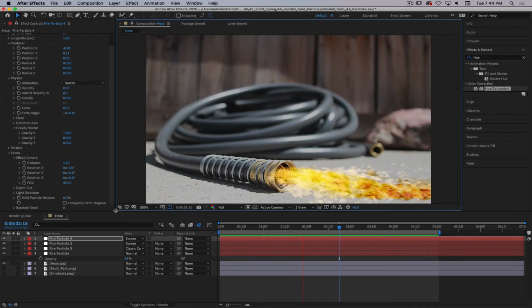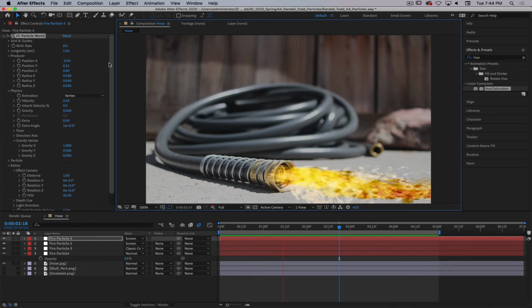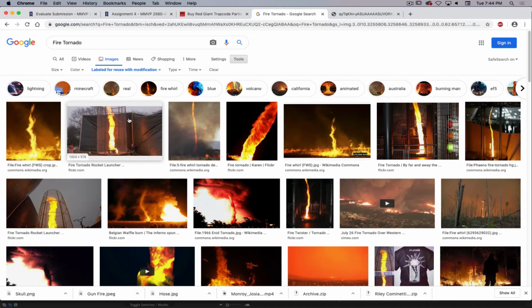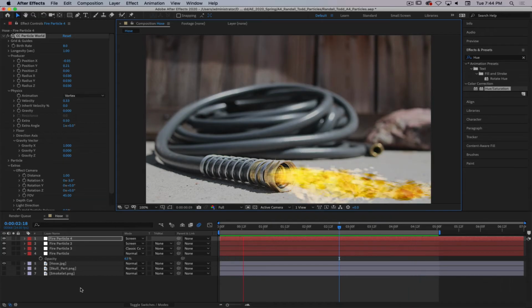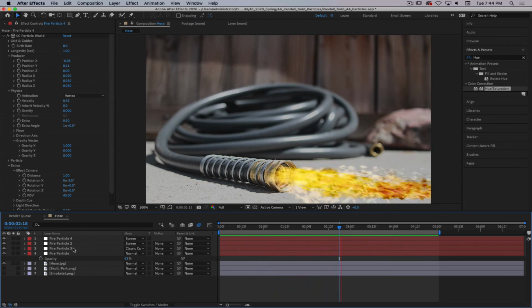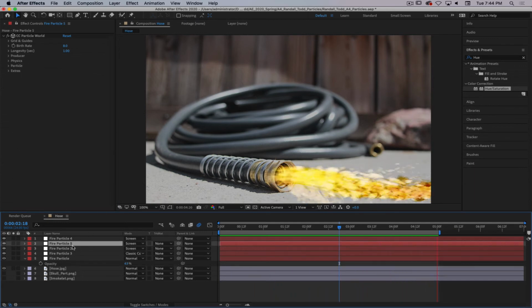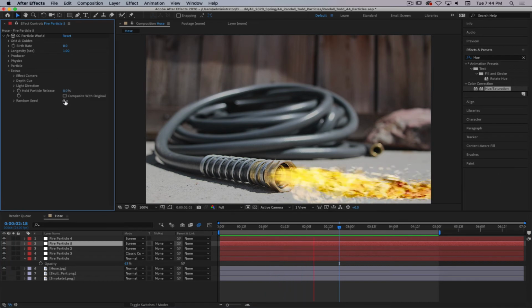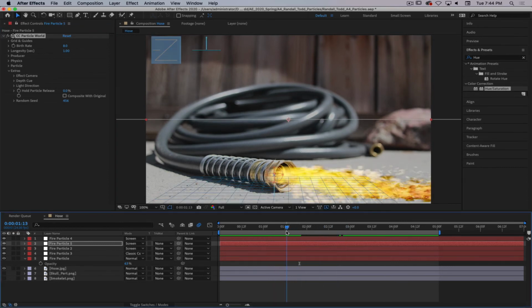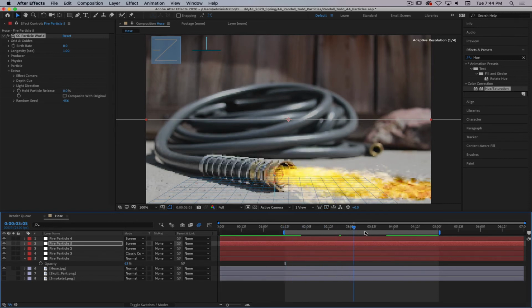Alright. Then I think we just need to add some more substance to this stuff. Let's see. So let's try to maybe add just a couple more layers in here. Let's duplicate this one. Go in here. We're going to change the random seed a little bit. Give it a different look. I'm going to set this so that I'm only looking at one little bit of the